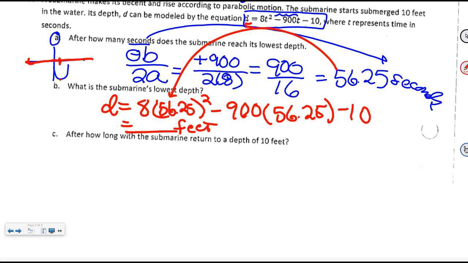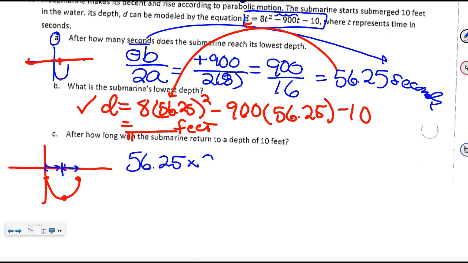Next, after how long will the submarine return to a depth of 10 feet? So this is the scenario. It was at 10, took 56.25 seconds to drop to its lowest point, and that will be whatever you got for part B, and then it went symmetrically back up. So all you need to do for that last question is double your x-coordinate. You know this was 56.25, so you just do 56.25 times 2,